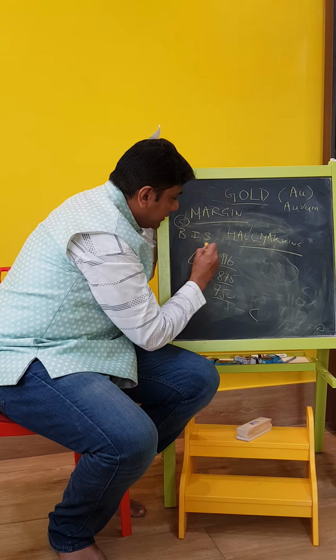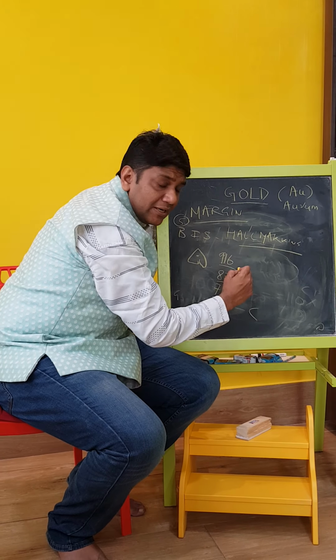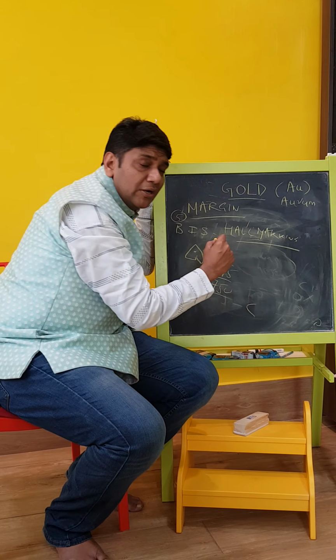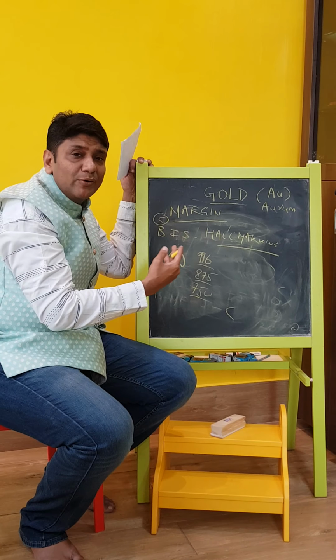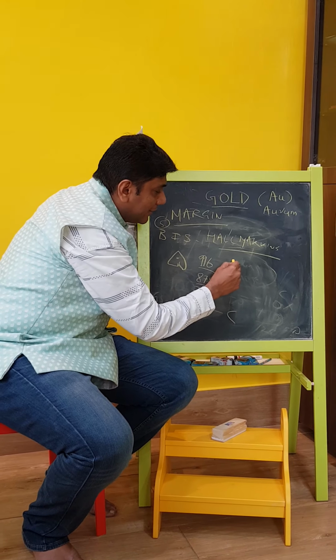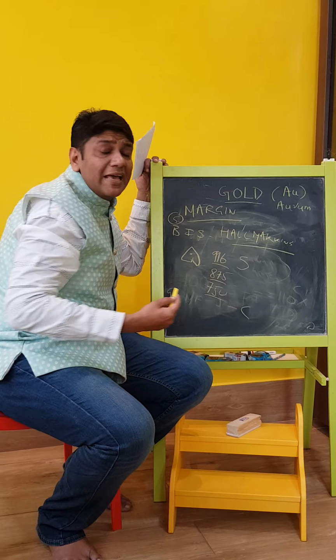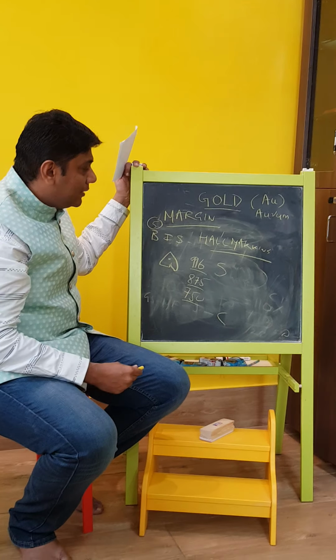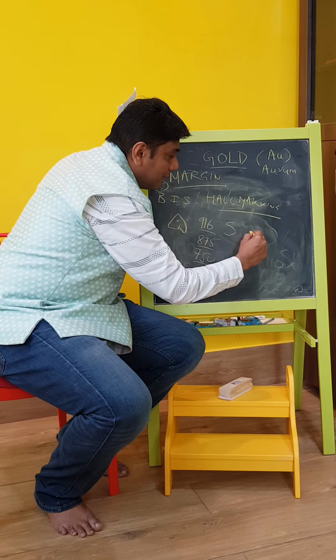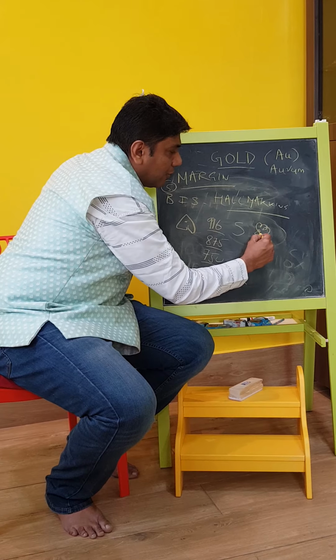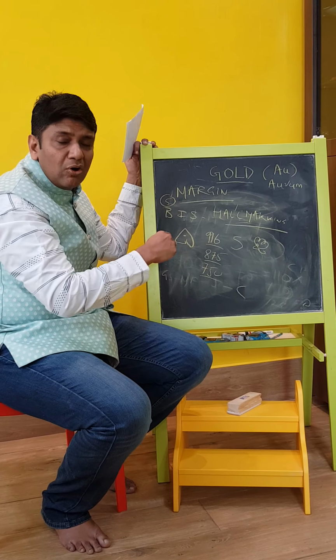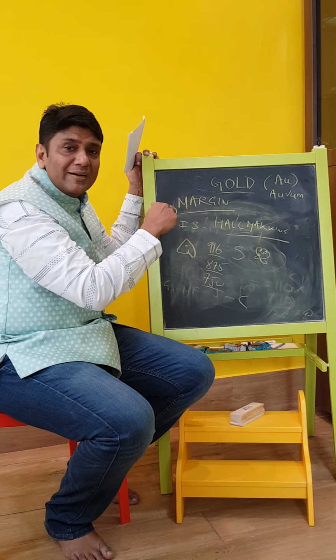This is first, this is second. The third stamp will be the year of manufacturing, let's say for example 2020. It will be marked as, let us say, S for an example. Then the fourth stamp might be a flower or some logo which belongs to the government hallmarking